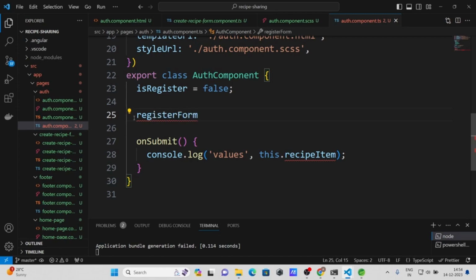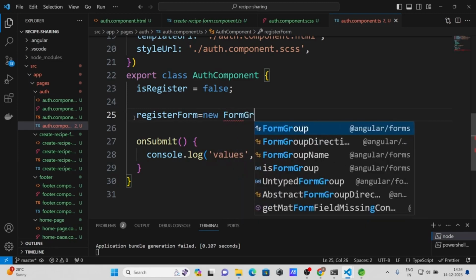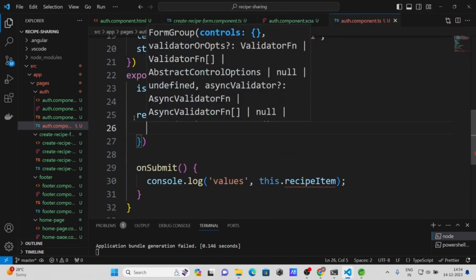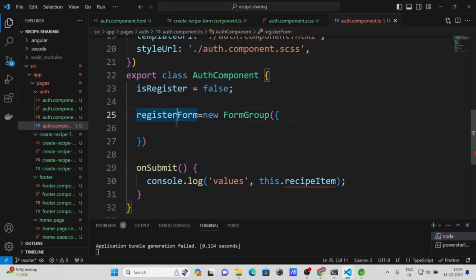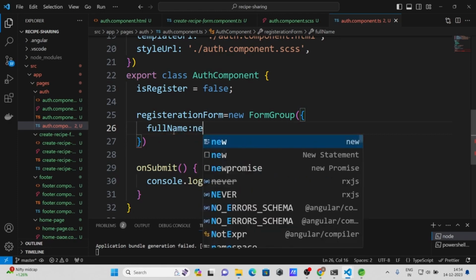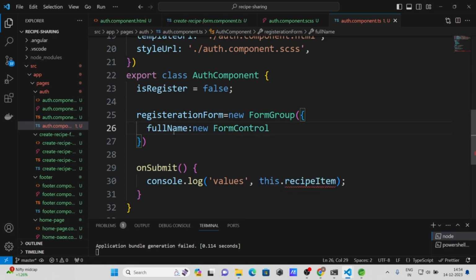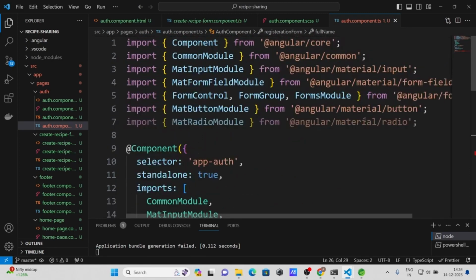Register form equal to new form group. Okay, registration form. Inside this I need to pass full name equal to new form control. Form control will come from, let me show you that from where I'm